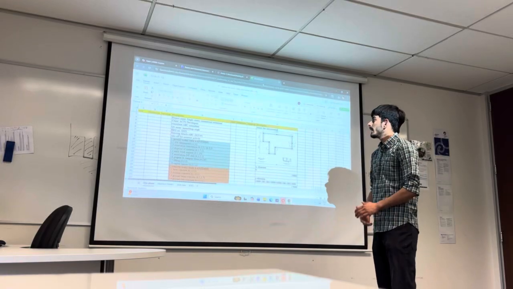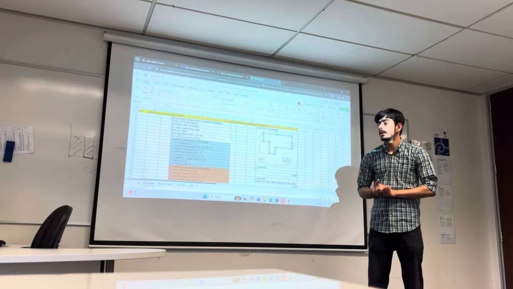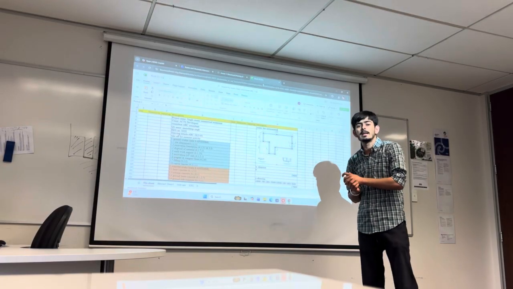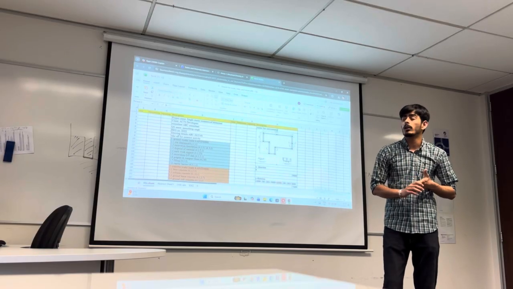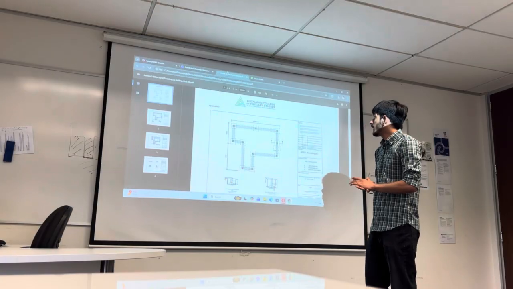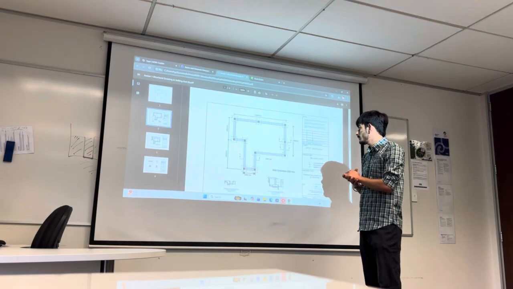So hello guys, my name is Anmoldeep Singh and I am here for my Capstone Viva, and my project name is Single Story Commercial Restaurant, and my client name is ACTS Developers, and I am a junior quantity surveyor of this project. First of all, I am showing my structural drawings, and this is my first drawing, and in my